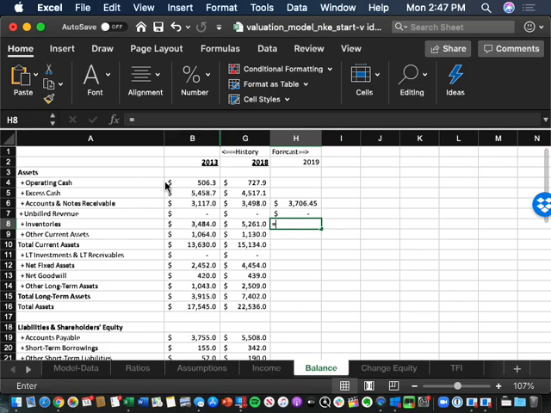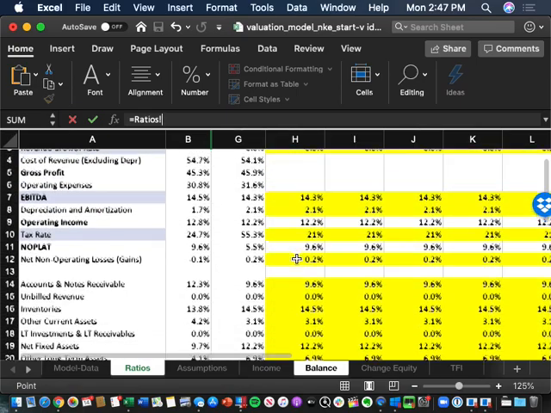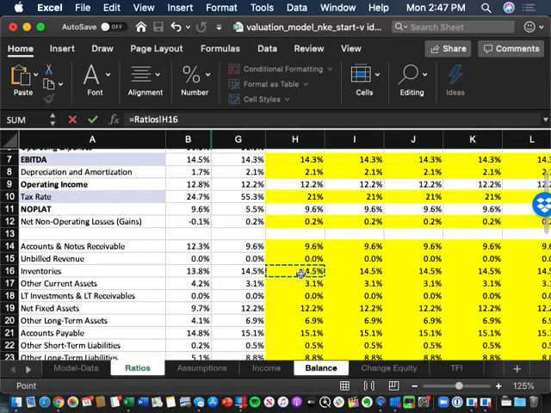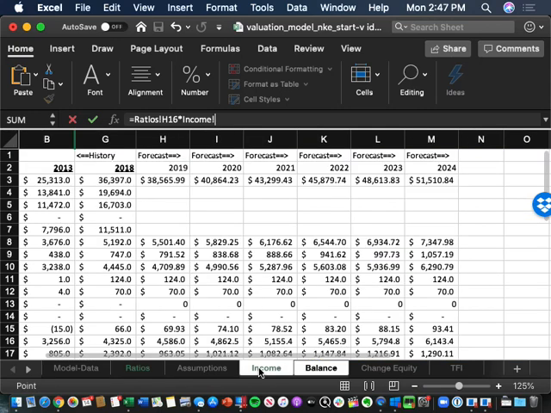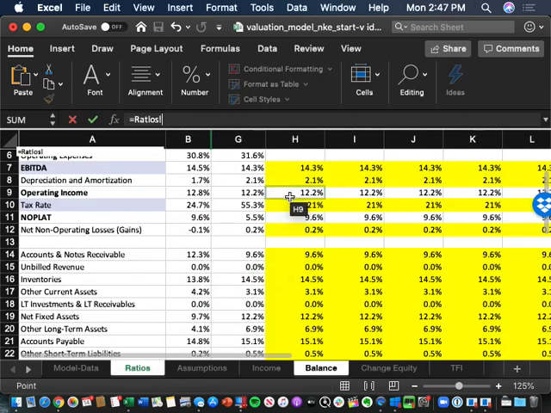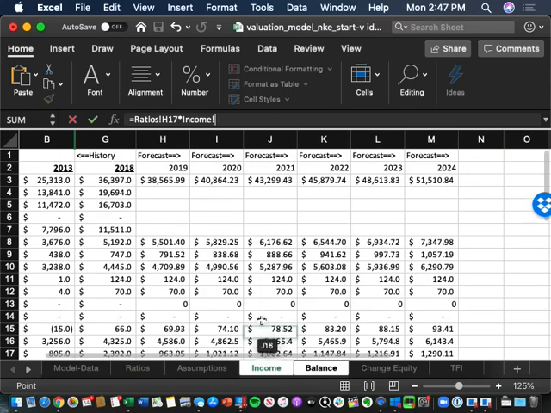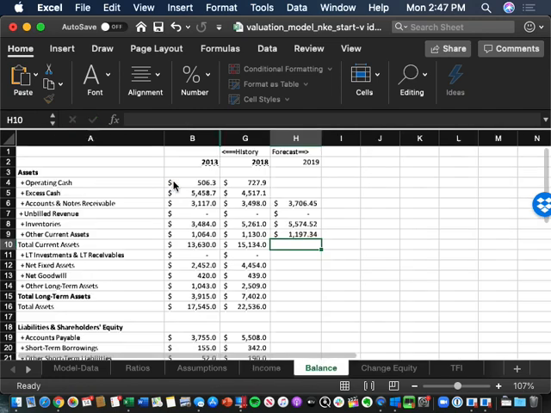Inventory equals ratios H16 times income H3, 5574.52. Other current assets equals ratios 2019 other current assets as a percentage of sales. It's 817 times income H23, which is H3, 2019 revenue, 1197.34. Long-term investments equals